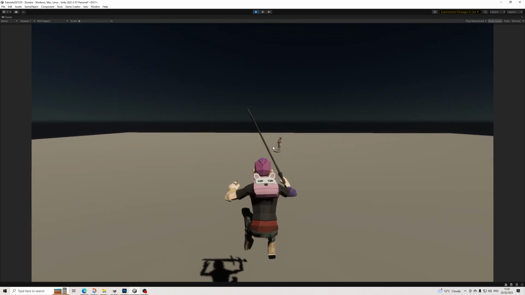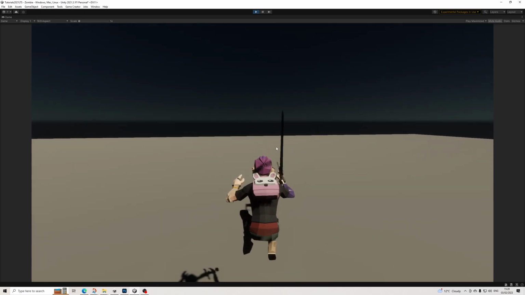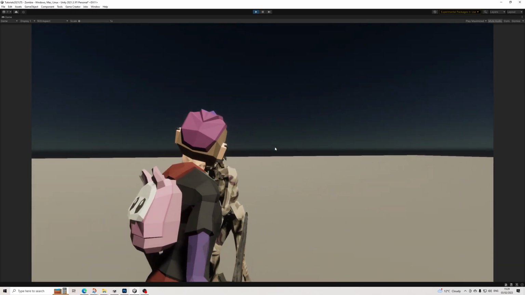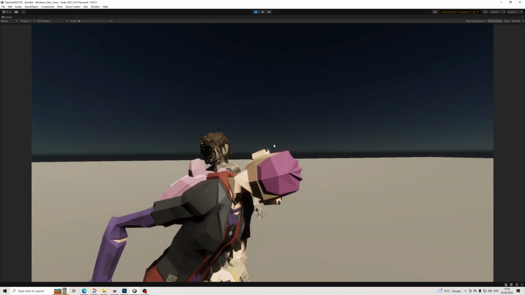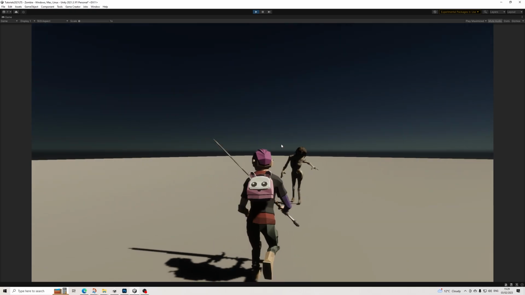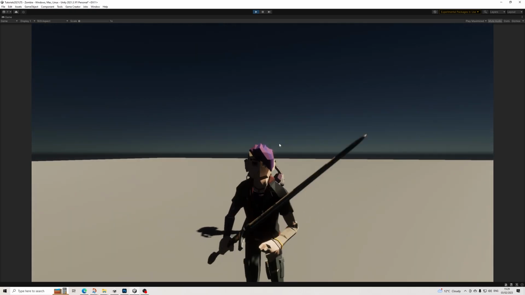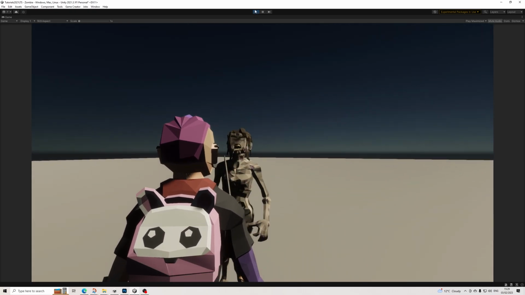I should have just dragged the player a bit closer, but that's okay. That's better. And of course you can tweak this all you want, you know, change the marker a bit. But as you can see, it's a short attack, but it does leave the player time to basically get away. There we go. Now, one of the things we do want to change is exactly this, and that's how it